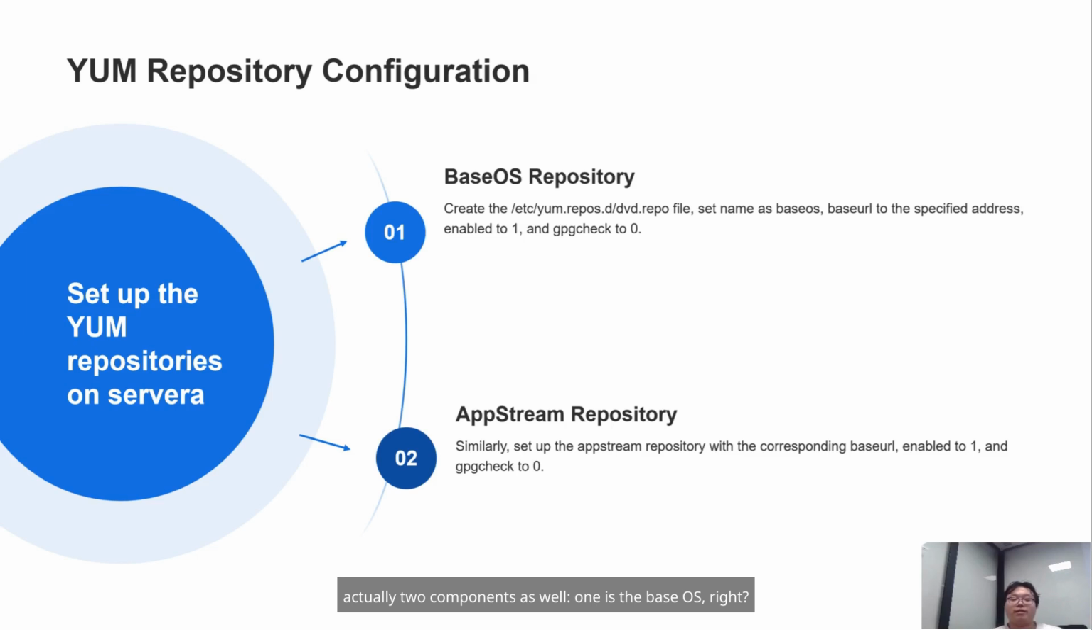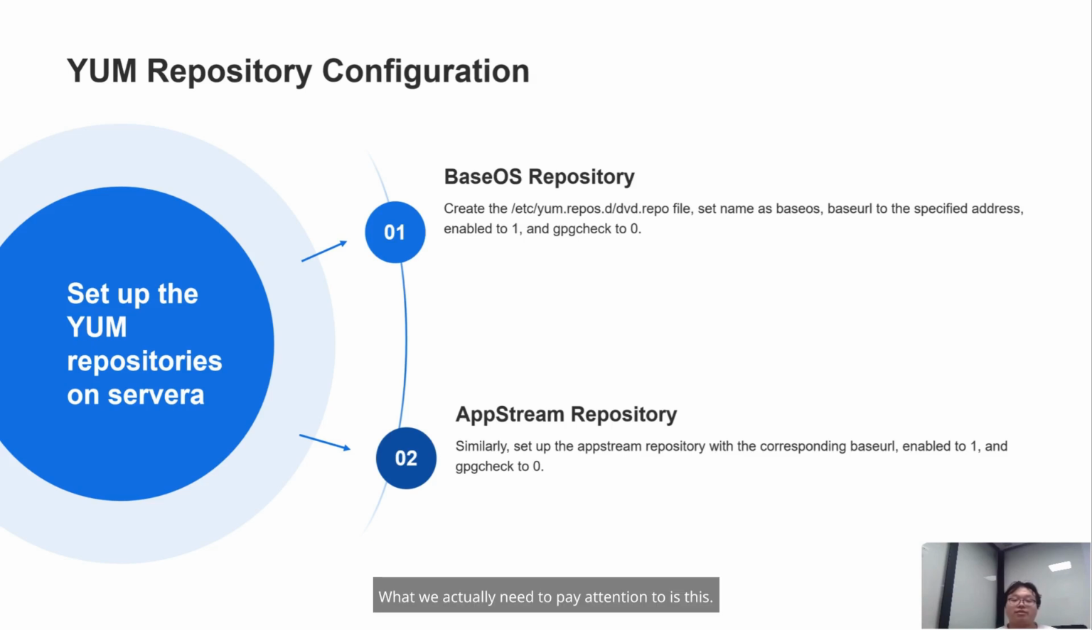One is the base OS, right? The other is the app stream. So there are two paths in total. Two paths meaning two parts. Our different software packages are all stored in one of these places. And here, because during the exam, it's actually not connected to the internet, it doesn't connect to the official repository. So in the end,